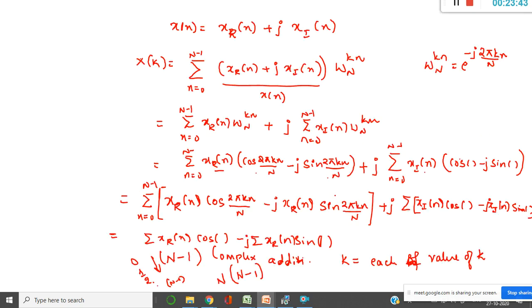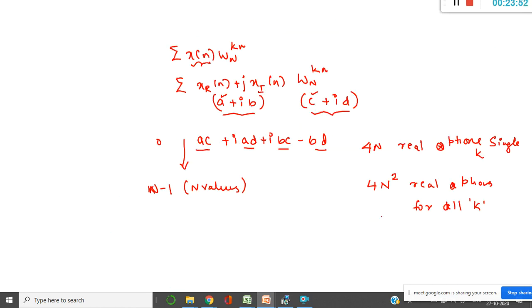Similarly, that is what I expressed here by substituting. Just make an attempt to calculate how many real additions are required when you perform these kinds of operations. What I'm trying to say is, whenever you go for multiplication a into c, what happens in your hardware? Here it is a processor. I have a, b, c, d.